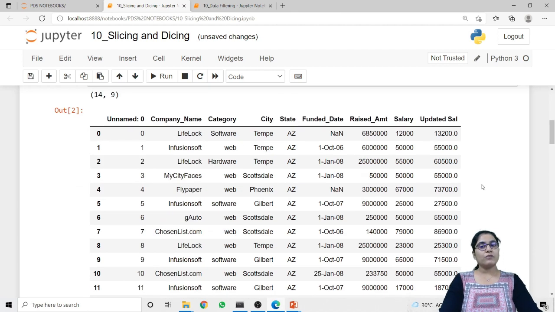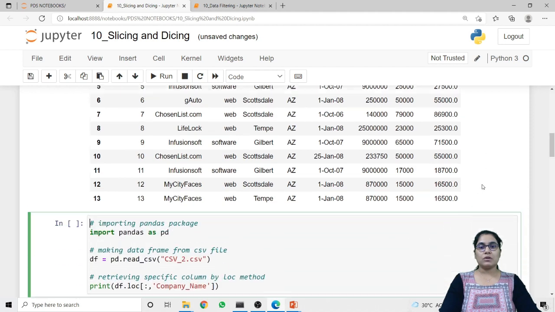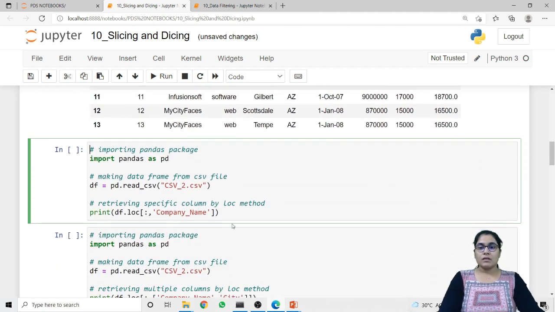So let's check out how we can apply this loc method on this data. If I want to retrieve all the rows of a specific column, then in the first argument I have to pass only the rows part, leaving it empty, and then in the second argument I am supposed to pass the name of my column.